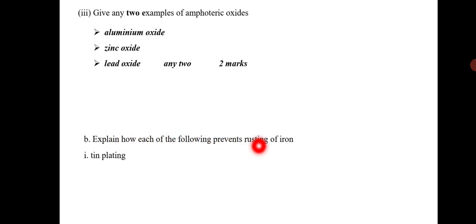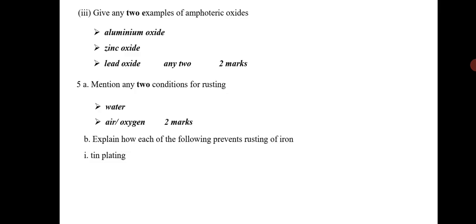Explain how each of the following prevents rusting of iron. Tin electroplating, tin plating, coating a metal, or iron, with tin. How will it prevent rusting? Remember that rusting is the formation of an oxide. Formation of an oxide on iron is called rusting. So you can prevent rusting by